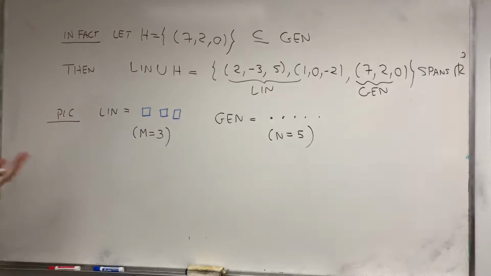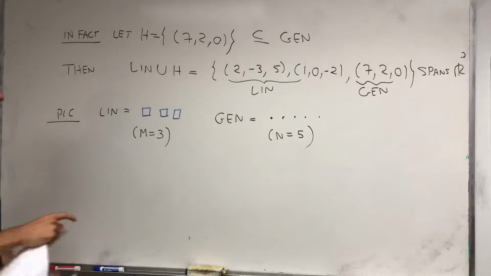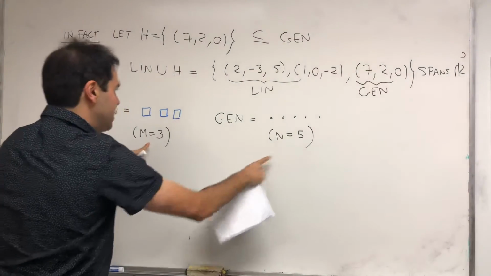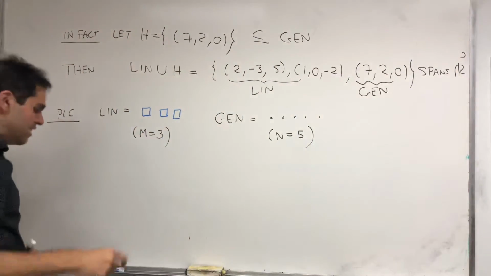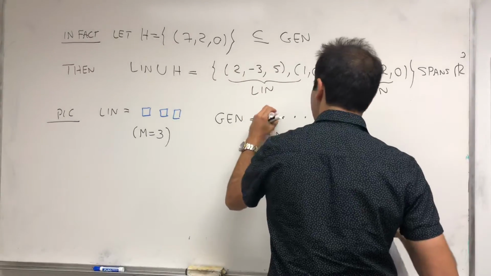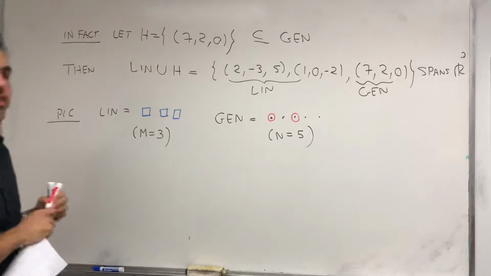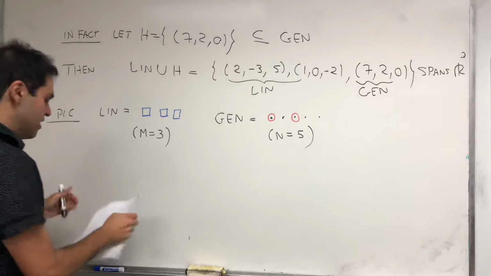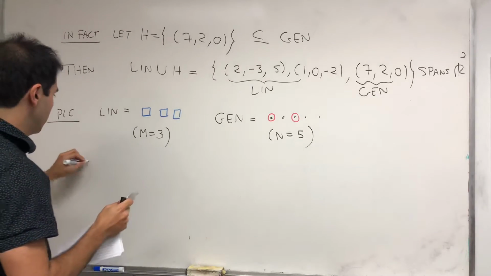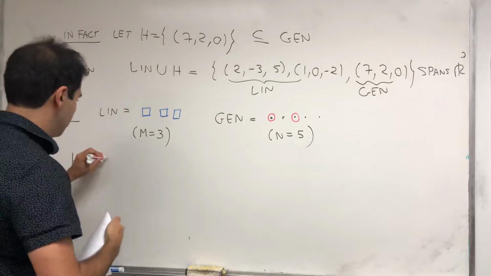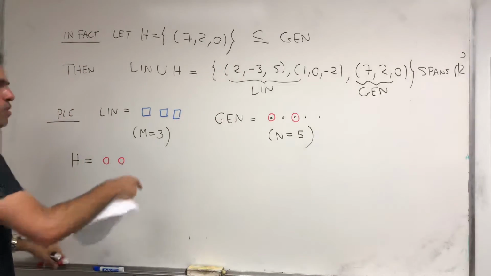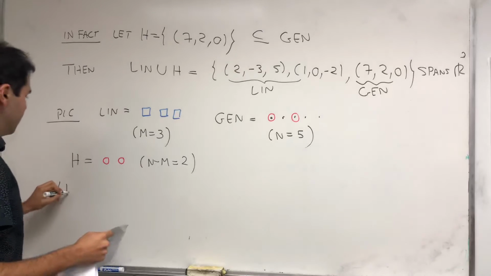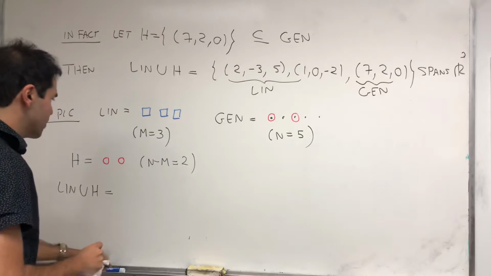What the theorem will say is that you can add exactly 2 dots, so 5 minus 3, to the linearly independent set to get a generating set. So for example, there will be 2 precise dots that you can pick to extend lin to a generating set. So if you have h equals those 2 dots, again with size n minus m, which is 2,